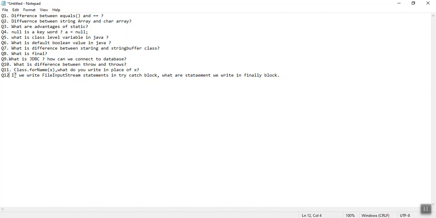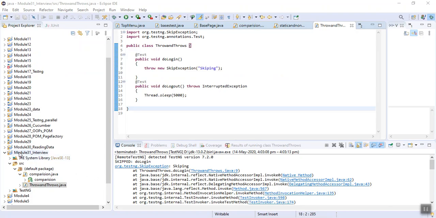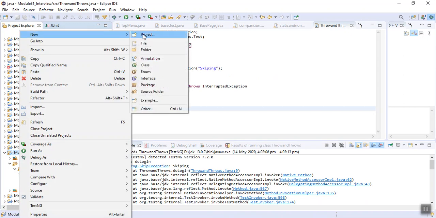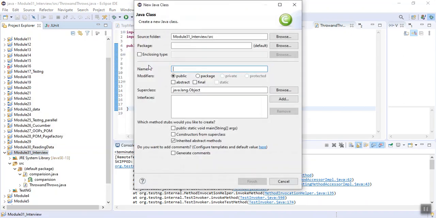Now see, there is a question: if we write an input stream statement in a try catch block, what statement will we write in the finally block? Fine. So let me create a new class. You must understand what finally is. So I am creating a new class for it, try_catch_finally.